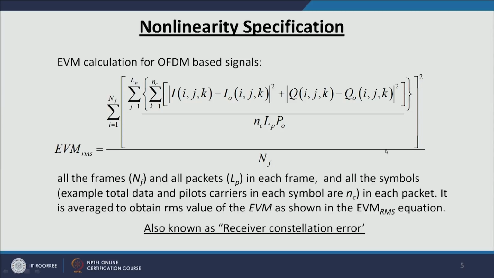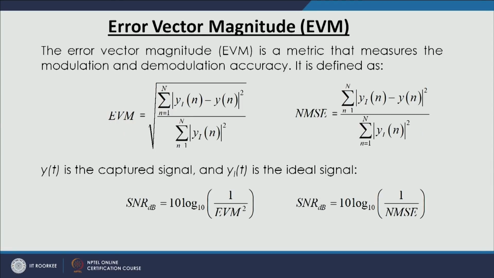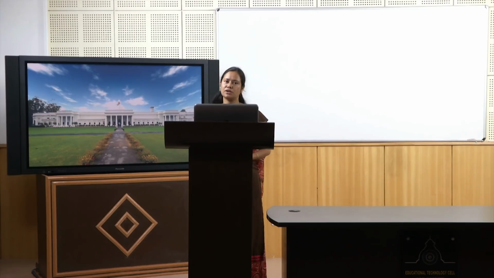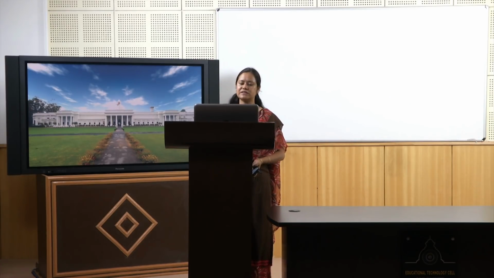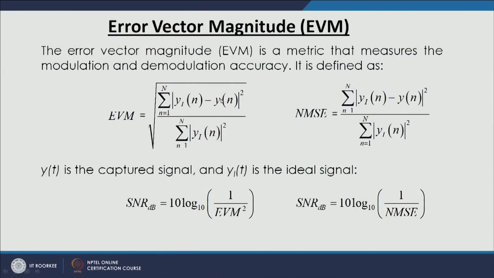Now, if I multiply this by 100, we get the percentage EVM, which is achieved by multiplying this EVM RMS by 100 directly. So, that was in the constellation domain. Once we have our signal in the digital domain, in the baseband domain, but it is not in the constellation form, some of the literature also gives the definition of EVM in this term, where